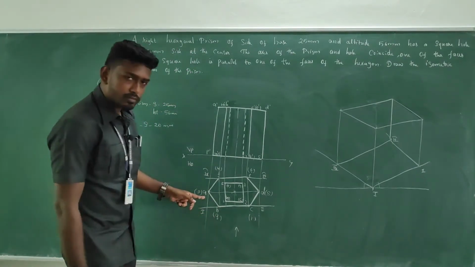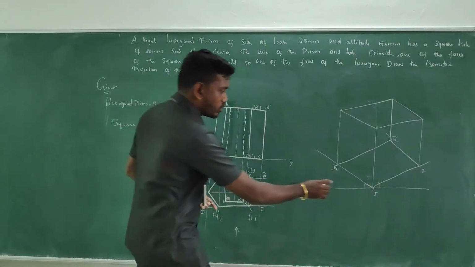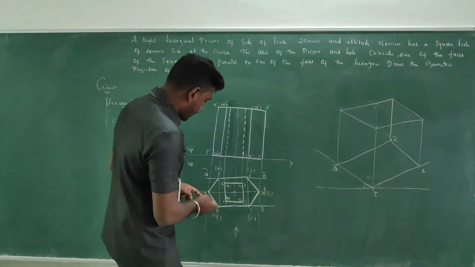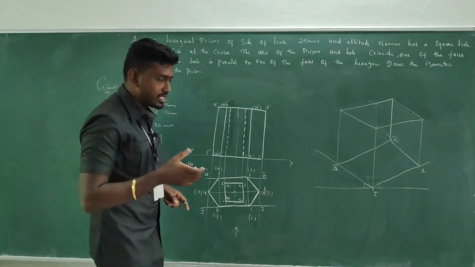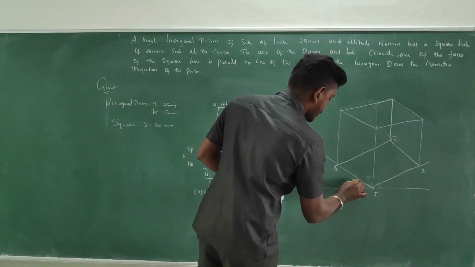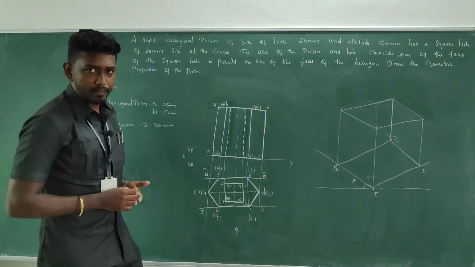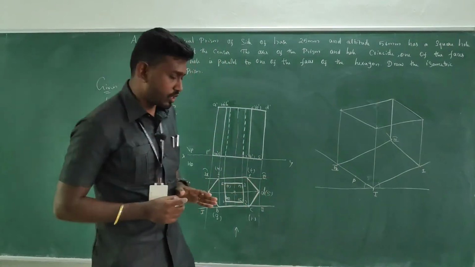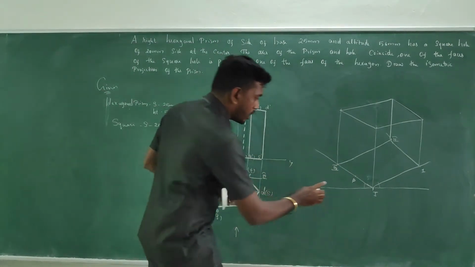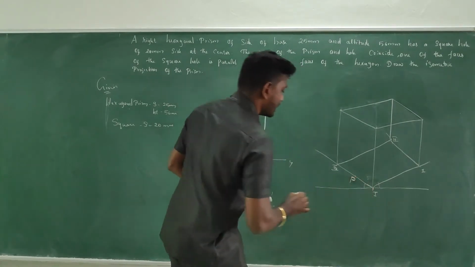See, this P is marked between 1 and 4. Where is 1 and 4? Here is 1 and here is 4. Take the measurement 1 to P. What is the measurement? Have a cut mark from 1 so that you will get P. In the isometric projection, you need to specify with a capital letter, not with a small letter. In the orthographic, we specify with a small letter, but here it is a capital letter.